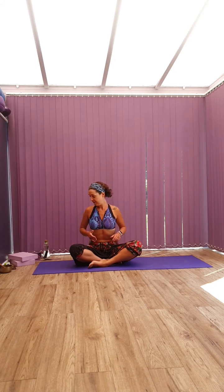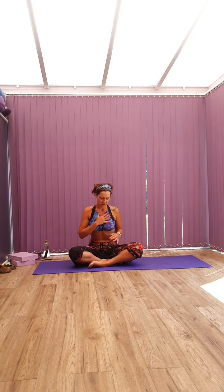Lovely. Okay, so we're going to move our hands up to our heart. So the left hand goes on top of the right, and then we're visualizing something warm here like a flame or the sun. So inhale, hold, exhale,